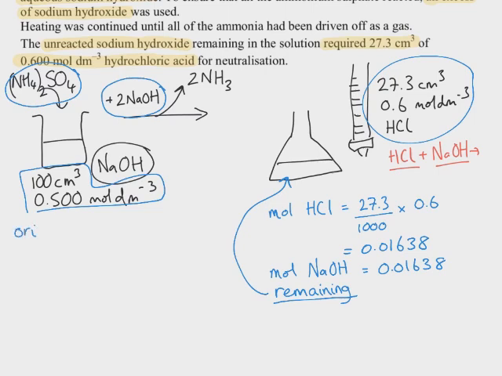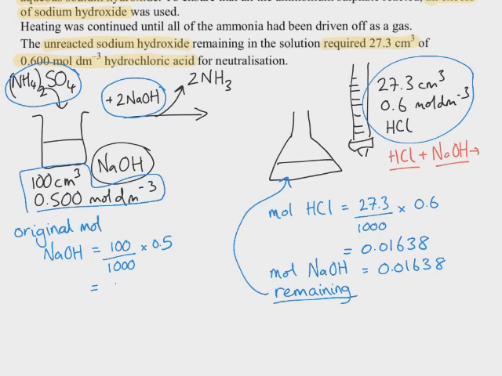So I can work out how many moles of sodium hydroxide there were in that beaker before the ammonium sulfate was added. So the original moles is going to be 100 centimeter cubed divided by 1,000 to get decimeter cubed times by 0.5,